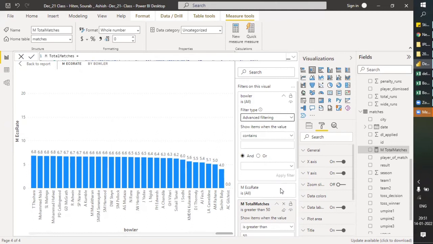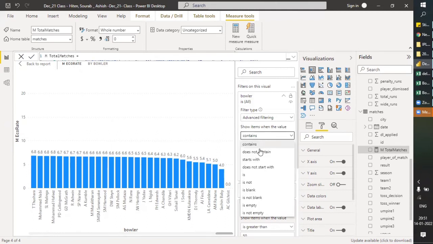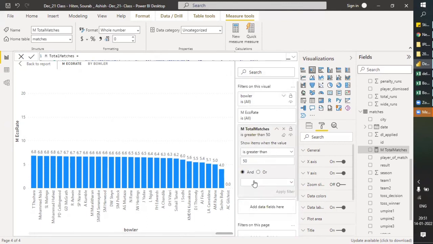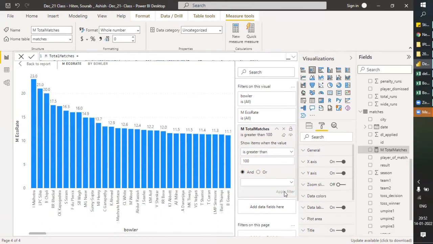If we use bowlers on this, then let's apply 100 matches. Then what is it? Why is it not working?